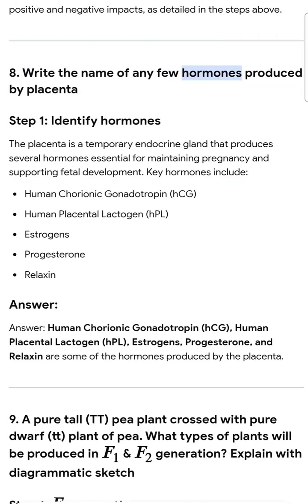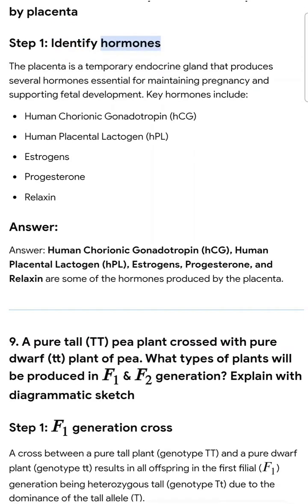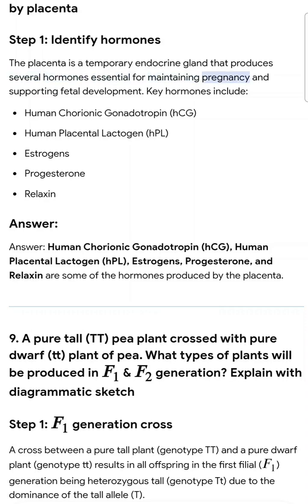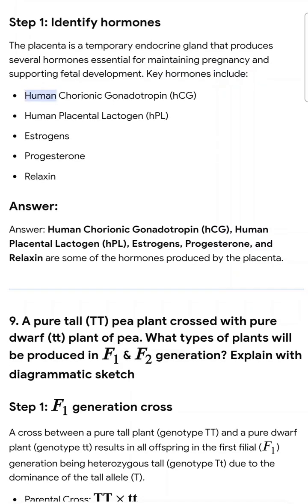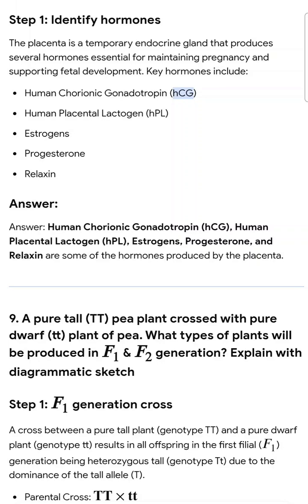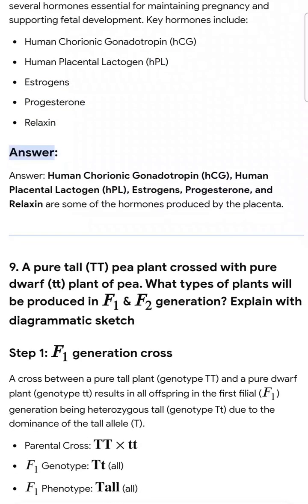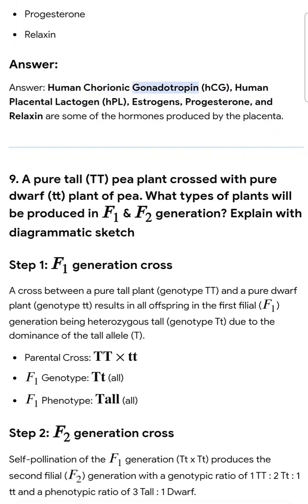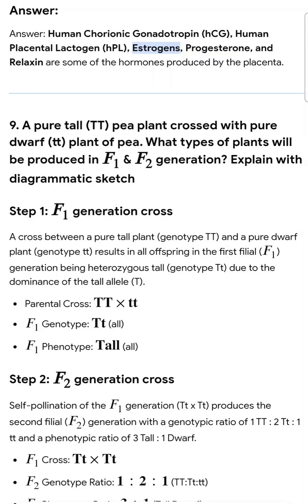8. Write the name of any few hormones produced by placenta. Step 1. Identify hormones. The placenta is a temporary endocrine gland that produces several hormones essential for maintaining pregnancy and supporting fetal development. Key hormones include human chorionic gonadotropin, HCG, human placental lactogen, HPL, estrogens, progesterone, and relaxin. Answer. Human chorionic gonadotropin, HCG, human placental lactogen, HPL, estrogens, progesterone, and relaxin are some of the hormones produced by